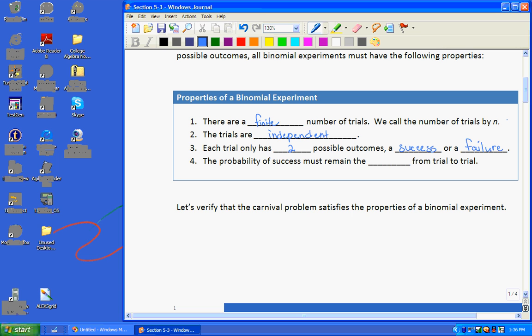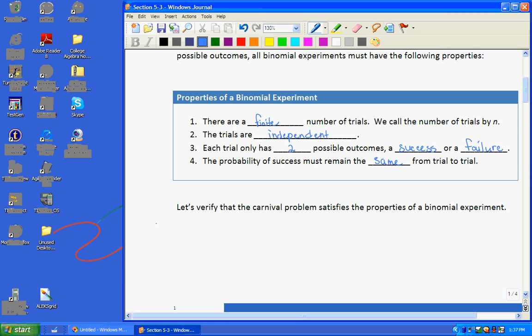And number 4, the probability of success must remain the same from trial to trial. So this is similar to sampling with replacement, when each trial is going to start off with the same arrangement, the same possibility of getting an outcome. So the probability of success has to be the same from trial to trial. So taking into consideration the 4 properties of a binomial experiment, let's verify that the carnival problem satisfies the properties